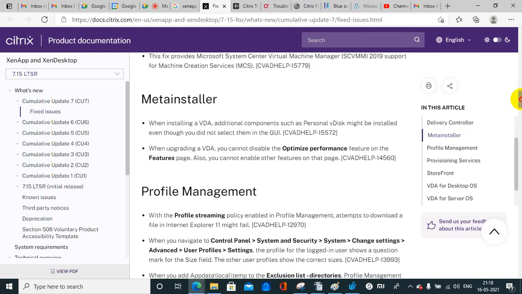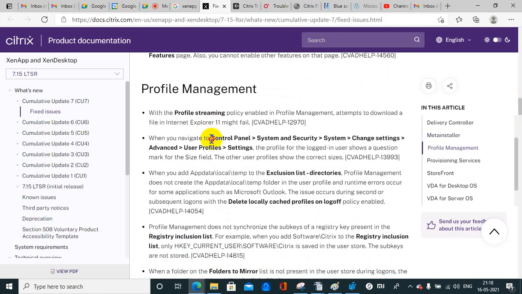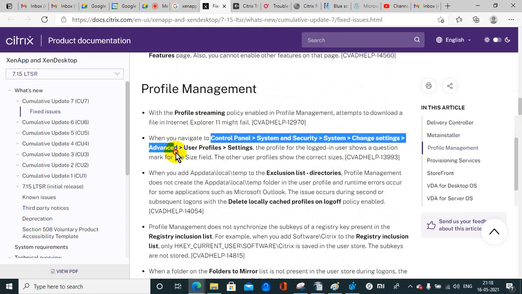So file management, control panel, system and security, system change settings, advanced, user profile settings. When you navigate to this location, you can see it, or you can also search the profile from Citrix policies.